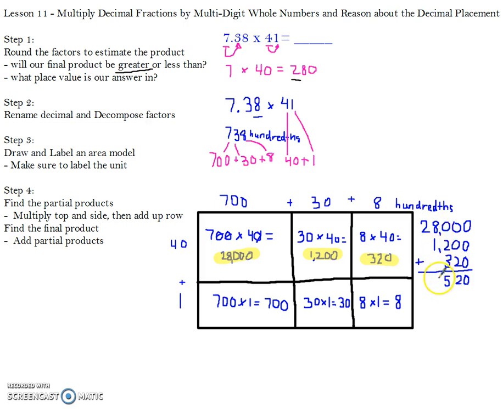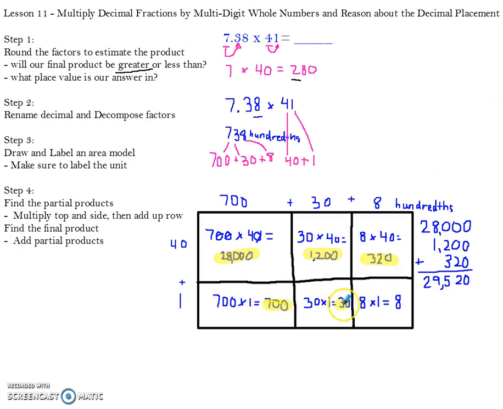1 and 8 is 9. And then 2 plus 0 is 2. So my first partial product is 29,520. For my next partial product, I'm going to do the bottom row here, which will be 700